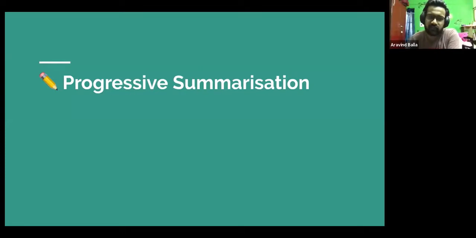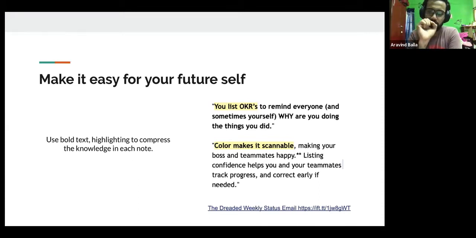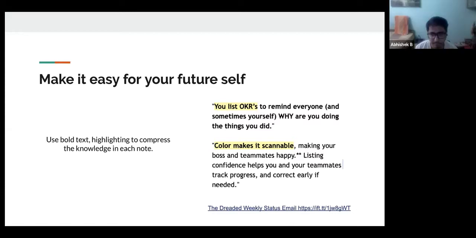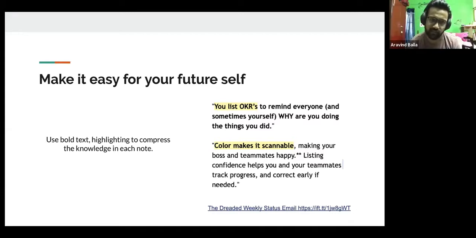Yeah. So progressive summarization is basically a technique which says that when you visit a note back, when you took a note and that thing is helpful to you, what you do there is you bold a few lines, and that is a layer. There is a 5-layered approach to progressive summarization, which says that the first layer is the notes that you take. It's just the basic where you read something and take a note. And then the second layer is that you bold a few good parts that you like.